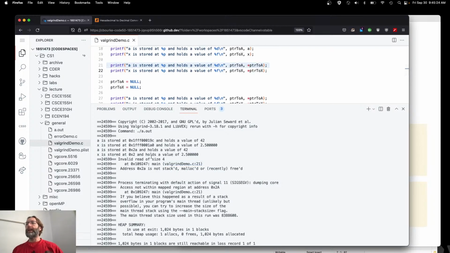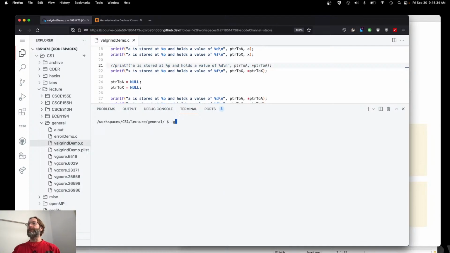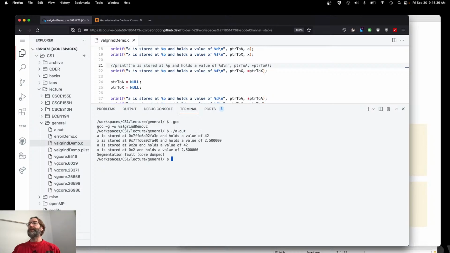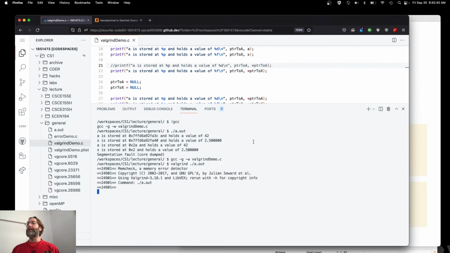We get a hint that there was an invalid read of size 4. Oh, it's probably this thing right here. If I took that out, we would still get an error, GCC. If I ran this again, I'd still get a segmentation fault, but now it's going to be on line 22. GCC, and let's run valgrind again. And this time,